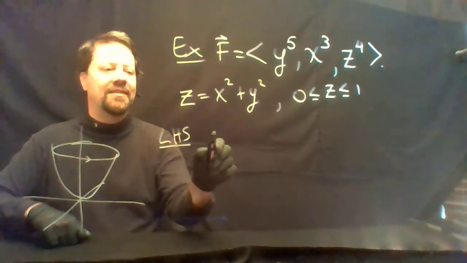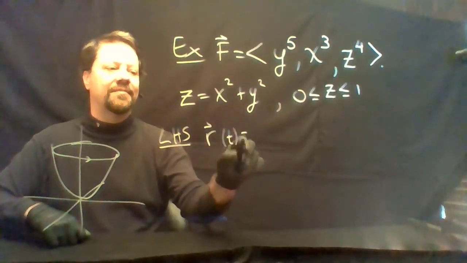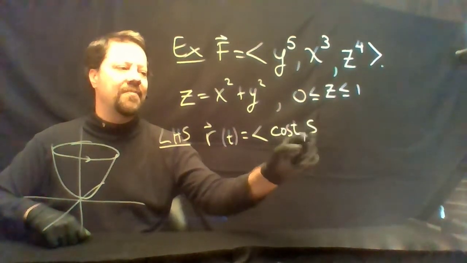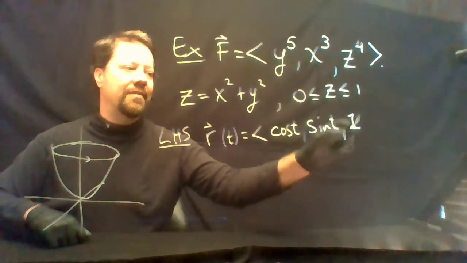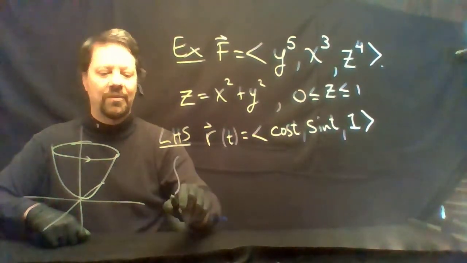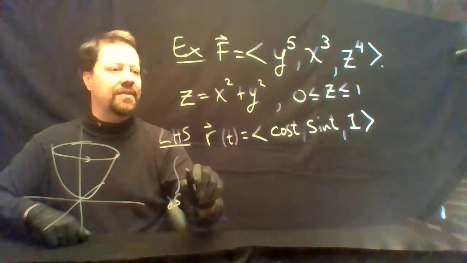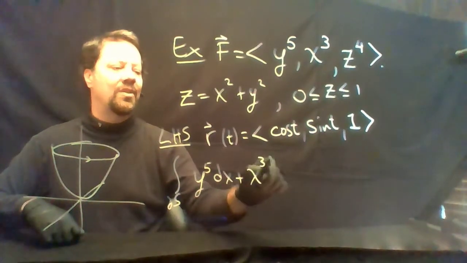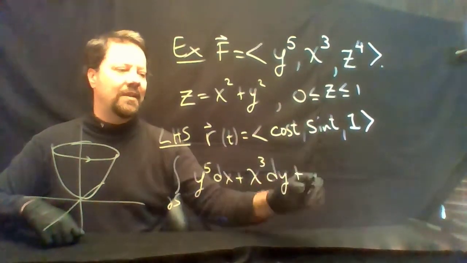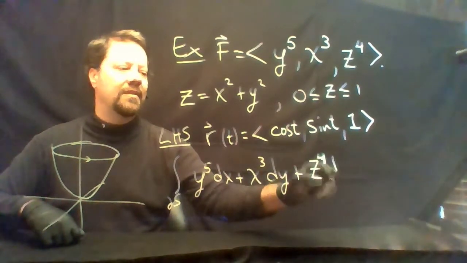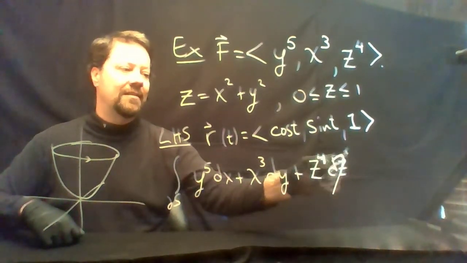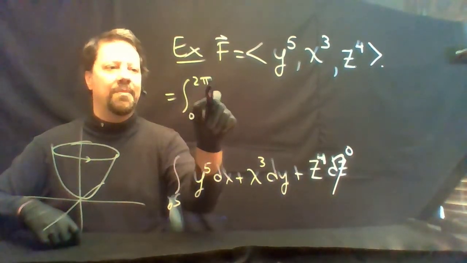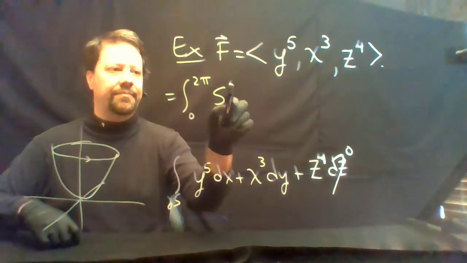On the left-hand side, we'll parameterize that curve. That curve will have a parameterization, cosine t, sine t, with z equals 1. We'll be integrating on the boundary of the surface. That's y to the 5th dx plus x cubed dy plus z to the 4th dz. But dz is 0. We have then the integral from 0 to 2 pi, y to the 5th, that's sine